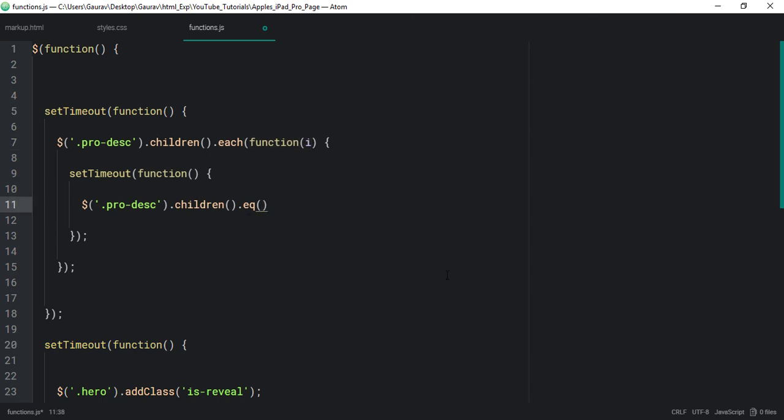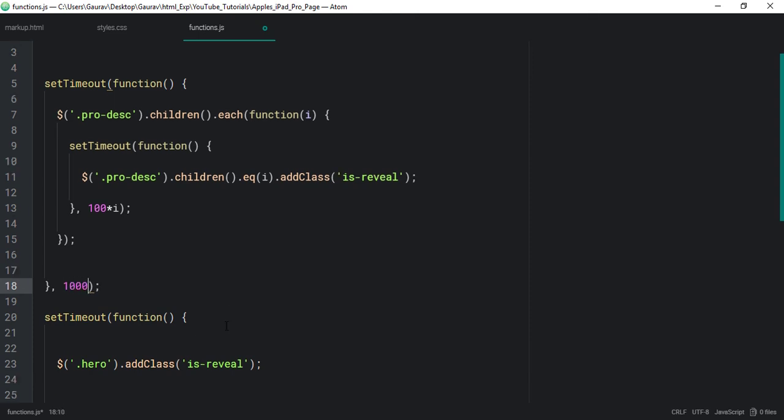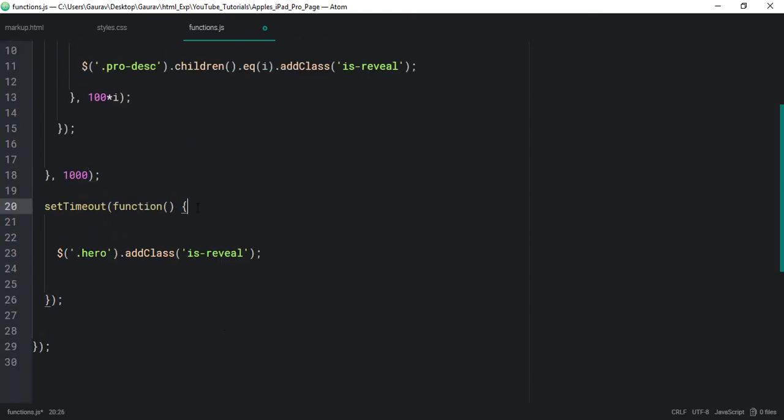So let's type i here, and let's add class of is reveal. Okay, and let's set the timing on it to 100 times that index counter, and here let's set a timeout of 1000 milliseconds, and on this let's set a timeout of 1500 milliseconds.